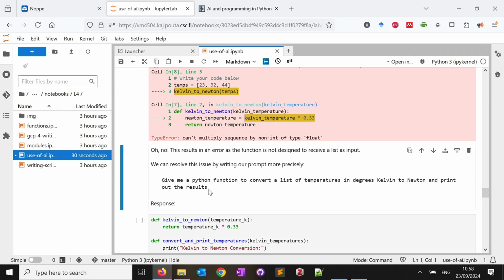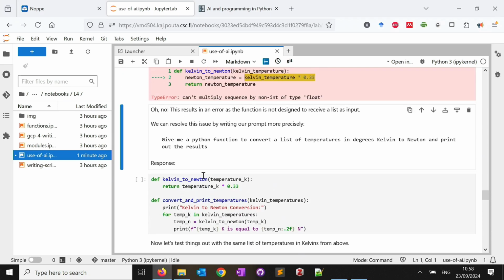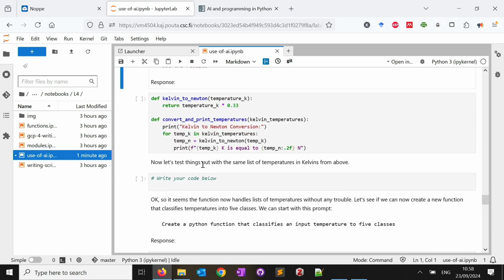So I made a prompt again, and I asked ChatGPT to give me a Python function to convert a list of temperatures in degrees Kelvin to Newton and print out the result. The equation is still wrong, so ChatGPT doesn't know that the equation was wrong. But this time it made modifications to the response, so it's creating two functions, and it is made to work with lists now. So if I try this again now,